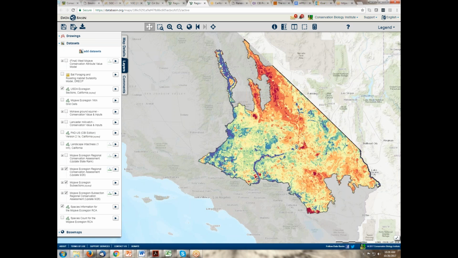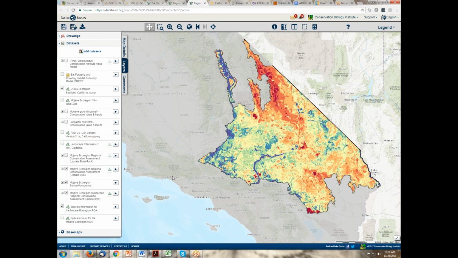But we stepped back away from that. I shouldn't say step back, because it makes it sound like it wasn't the right way, because it's just a different way. We're trying to standardize it for the state. So we were exploring the same type of approach, but now we're looking at ecological subsections and keeping it standardized instead of looking at it through this major habitat type filter. Both have value. It's the one that we're advancing right now.